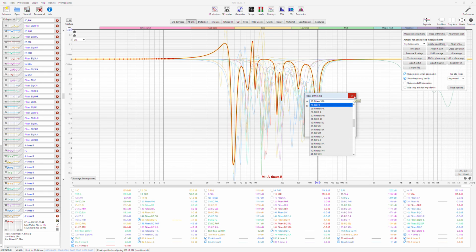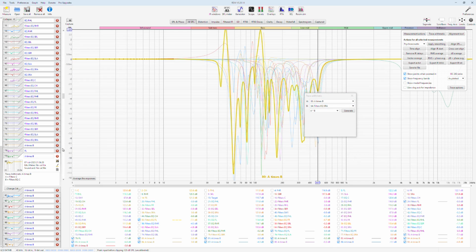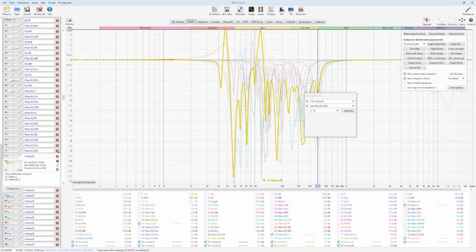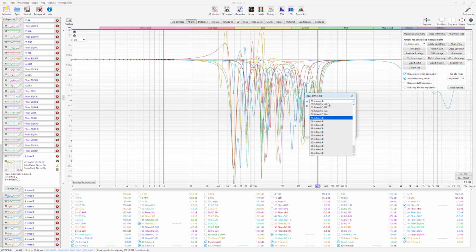Okay, finished. We are at subwoofer. Subwoofer is a different story. Now you go to the first A times B, like this one, and you have to find the first A times B here. Let's get rid of FL. I was just showing it to you. It makes the order confusing. So we started from C. The first A times B is gonna be filters EQC, the last one, this one. So now we do this.